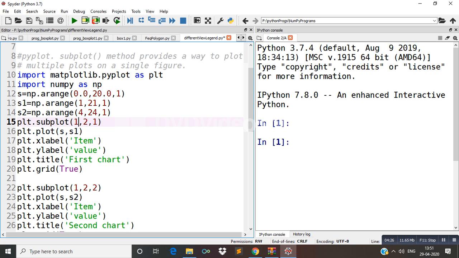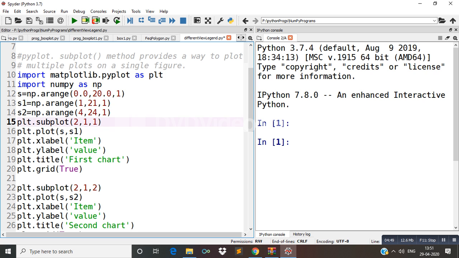But if we change this to 2 comma 1, if I write here 2 and here 1, it means the number of rows is 2.